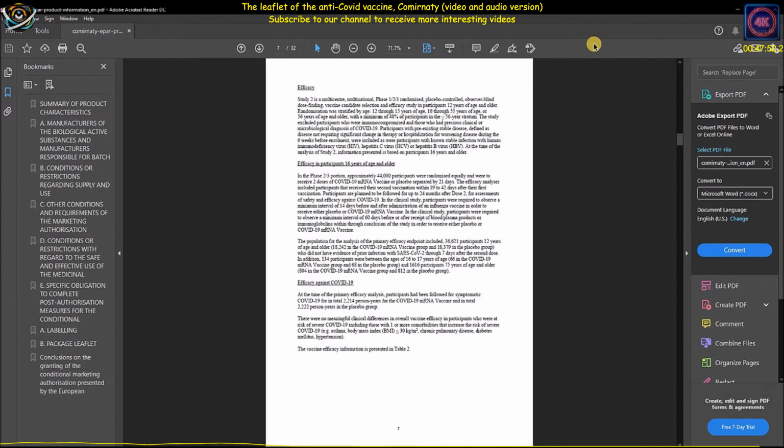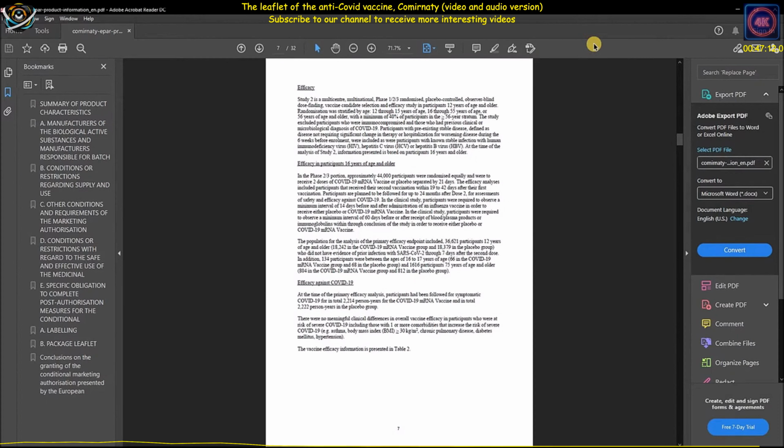The population for the analysis of the primary efficacy endpoint included 36,621 participants 12 years of age and older, 18,242 in the COVID-19 mRNA vaccine group and 18,379 in the placebo group, who did not have evidence of prior infection with SARS-CoV-2 through 7 days after the second dose. In addition, 134 participants were between the ages of 16 to 17 years of age, 66 in the COVID-19 mRNA vaccine group and 68 in the placebo group, and